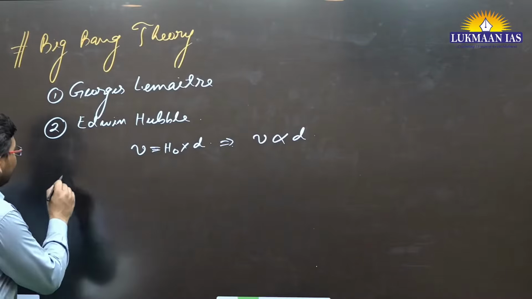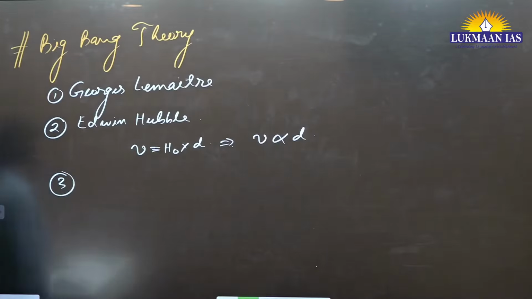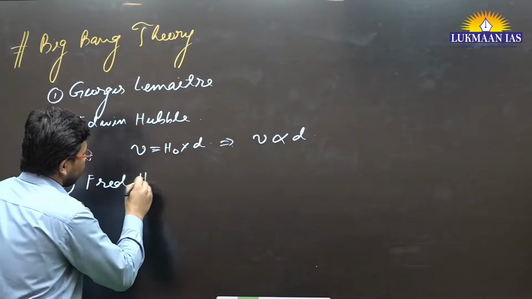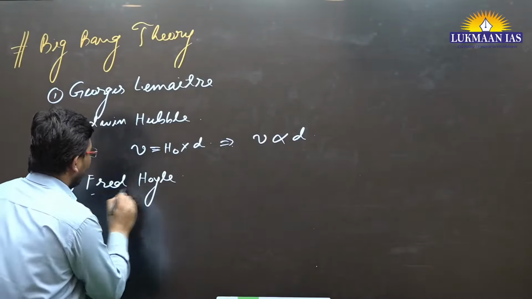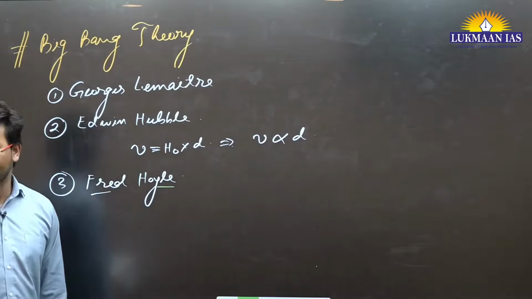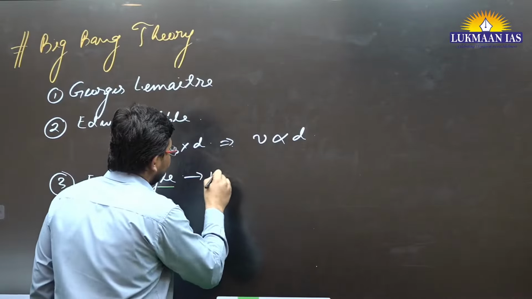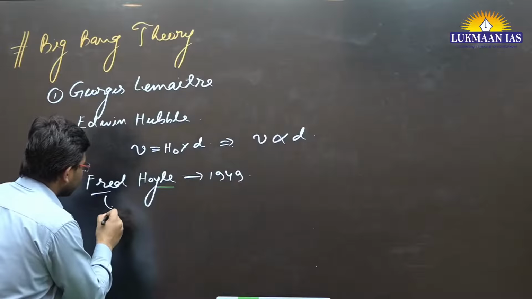Okay, Edwin Hubble. There is another personality, and this person actually coined the term. Which term? This particular term that we know, Big Bang. I have written his name also. Names of these personalities are very difficult to remember. His name is Fred Hoyle. Fred Hoyle, in 1949,